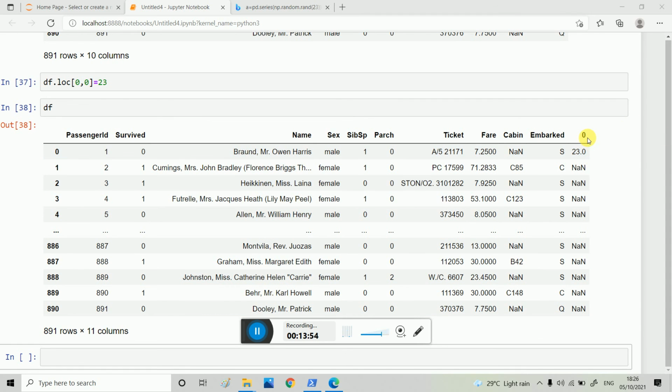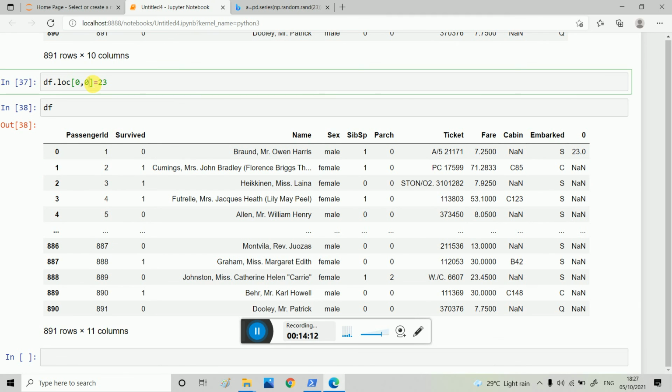Here 0 means a new column is created, whose index is 0 and column 0. The column whose name is 0 is not there, so that's why it created a 0 column, and 23 is created as the value and the others are NaN.